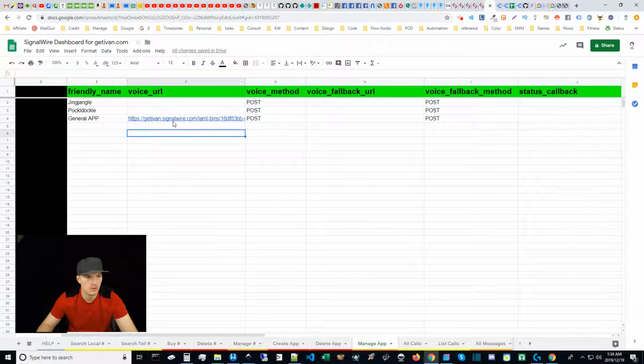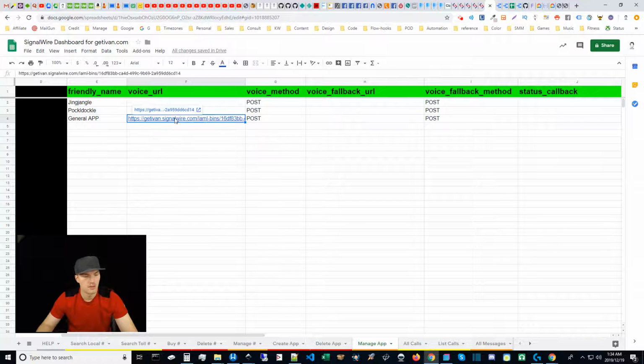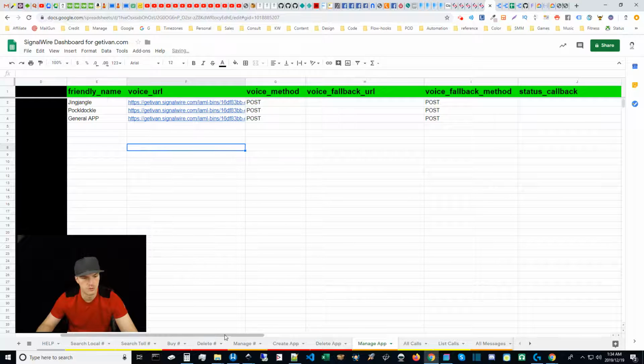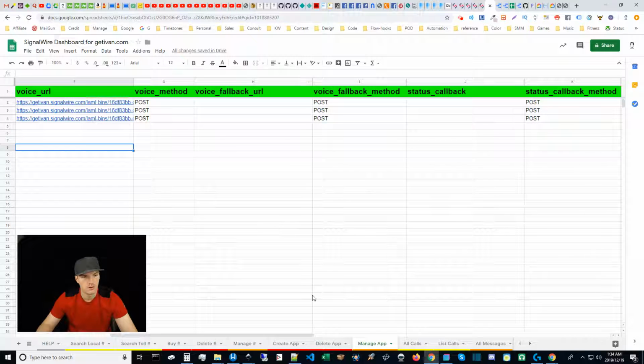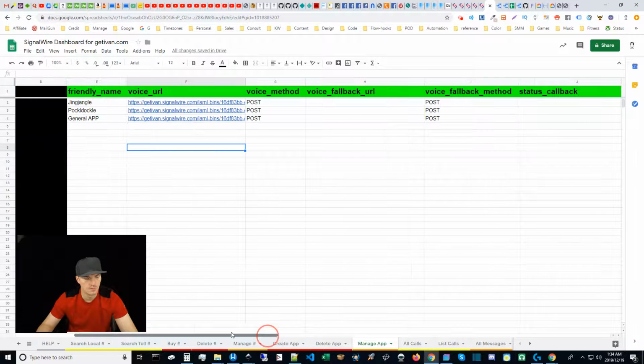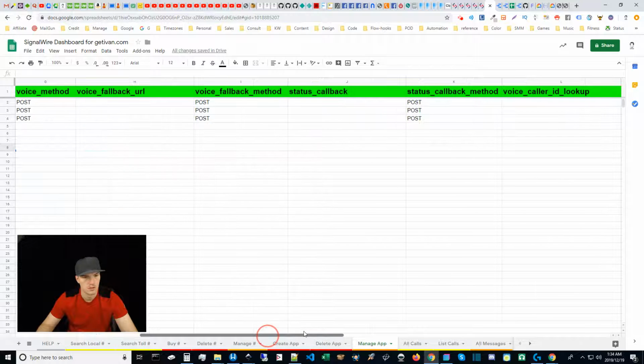So you can create a voice URL with the XML docs, and I made some notes on that in the help tab. If you want to look at the Manage Number section, I'll add those points into the Manage App tab also for the help section. But if I want, I could take this URL, for example an XML URL, and I could go, okay, I want both of these apps to have those instructions. And then I want a different XML thing for a different app to have another set of instructions,